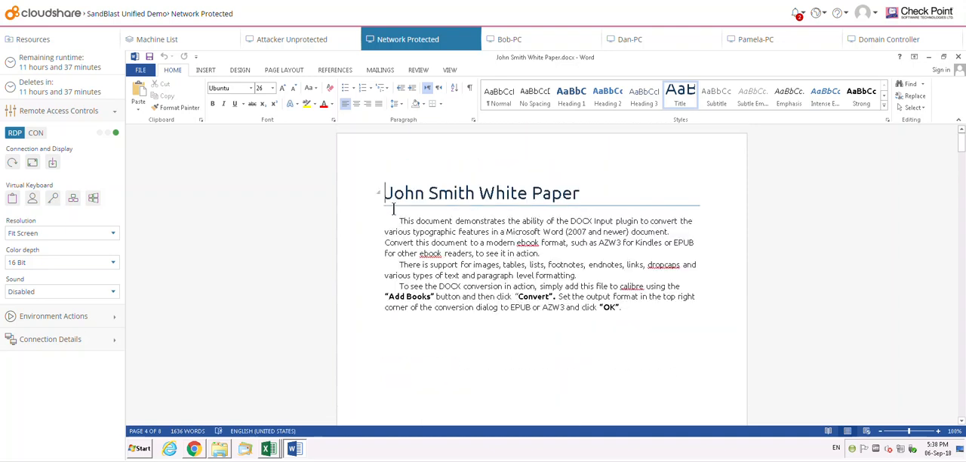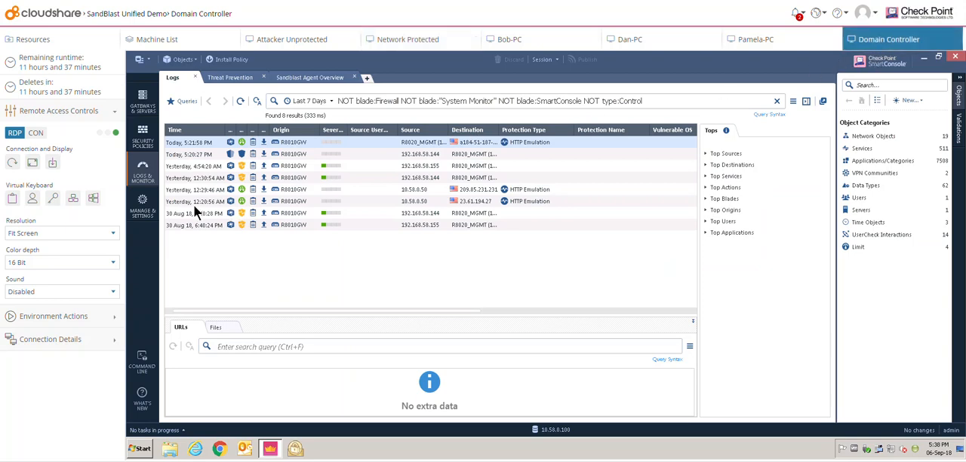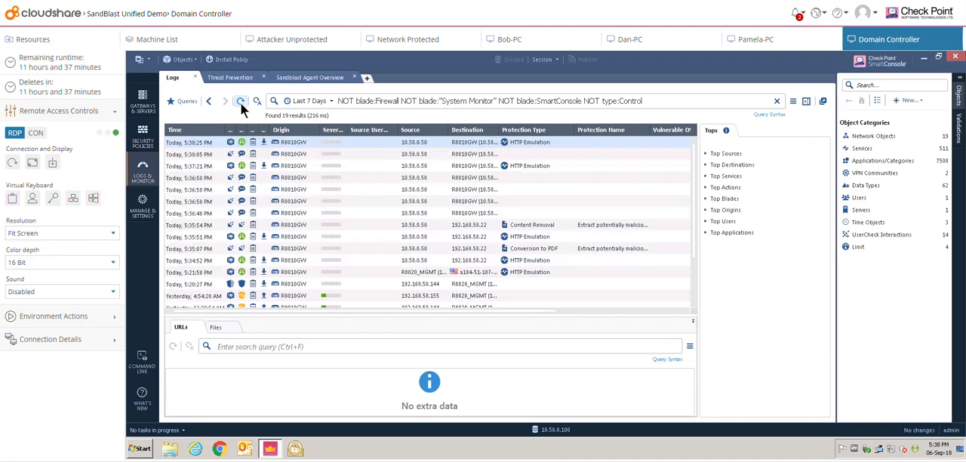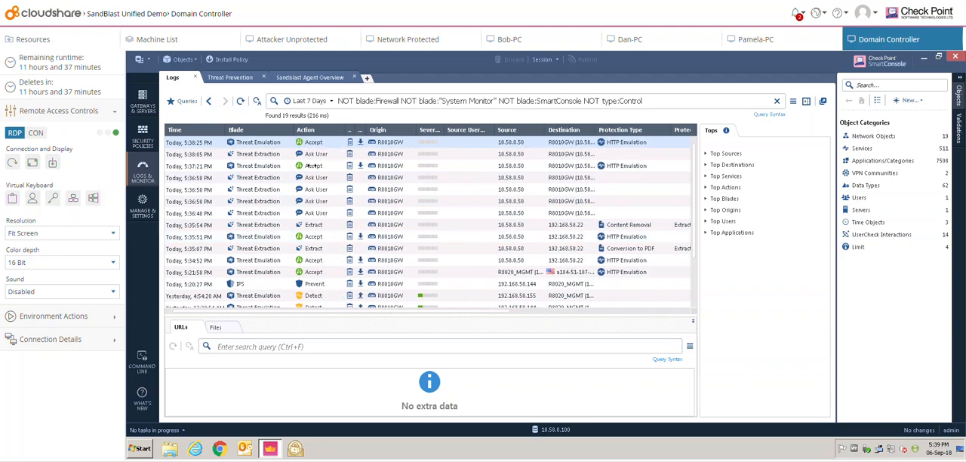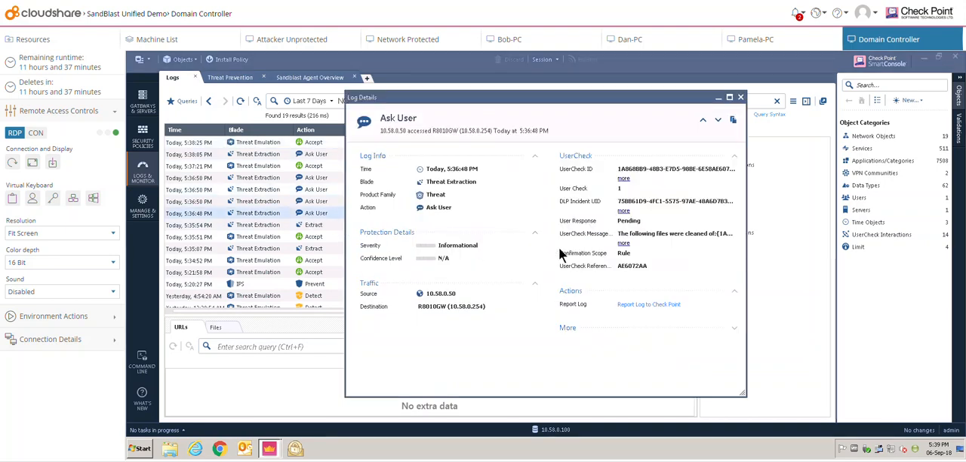Let's go ahead and move back over to our domain controller and see the type of logs that we see throughout this whole transaction. Let's refresh my logs. As we can see here, we have different protection types. We have content removal that was done by threat extraction. At the same time, threat emulation was occurring for both documents. Here we could see that the Ask User was also presented. So we could go in and later see what the user